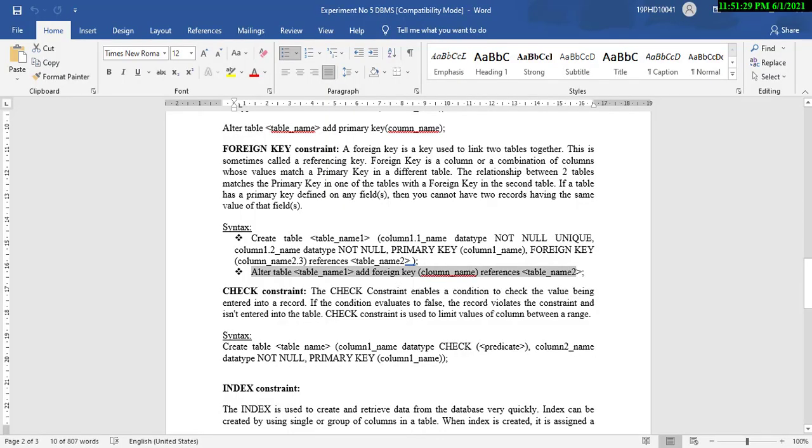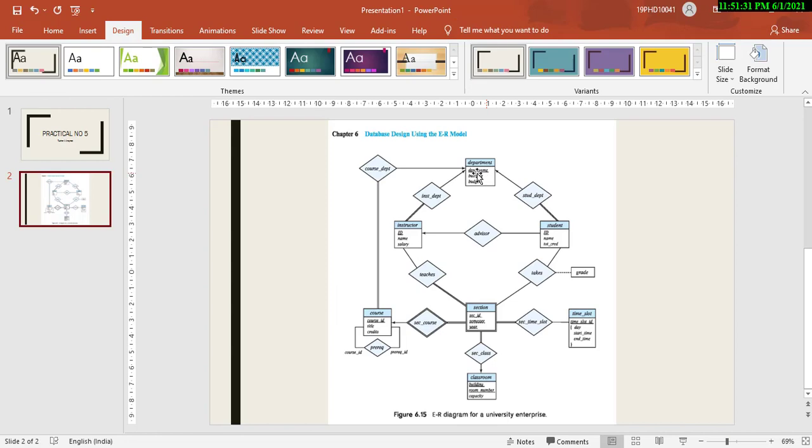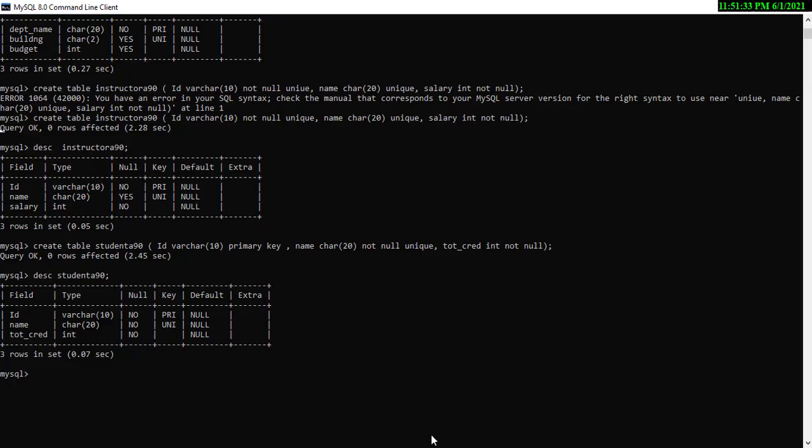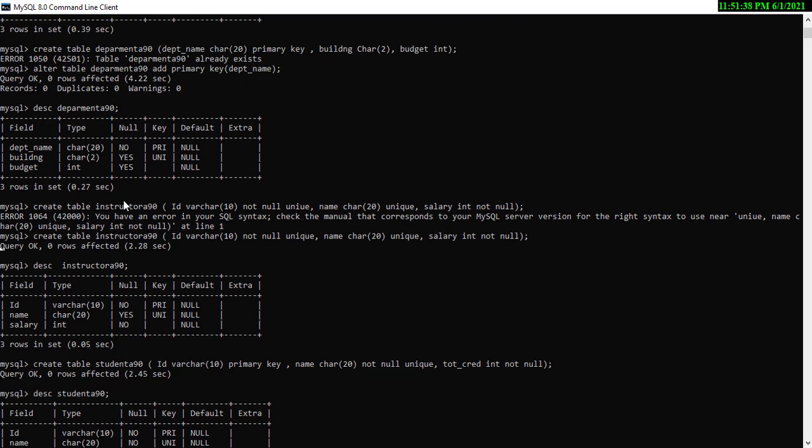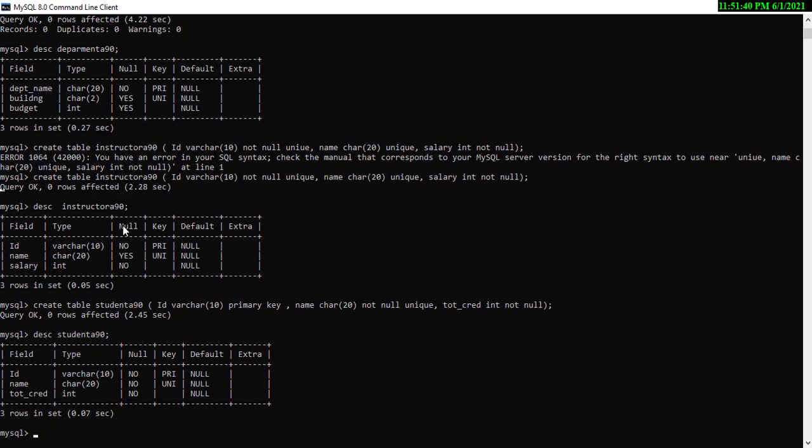Yes, foreign key constraint. So foreign key constraint between department and instructor. Instructor is one table, department is another table, and we have to put a foreign key between them. So in order to implement the foreign key, either you can create a new table and give its primary key as a foreign key in individual tables, or you can use the first table's primary key as the other table's foreign key. So both ways are possible. Did you understand what I said?